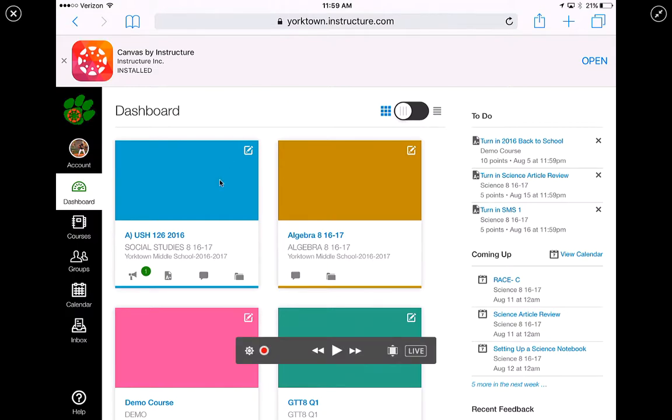Going over here to the left-hand side, this black bar over to the side, that's called your global navigation. And it's called that because no matter where you go in Canvas globally, that black bar is going to be there and it's going to help you get around the whole system. So it's very important. So I'm going to go through all of those things with you to tell you what